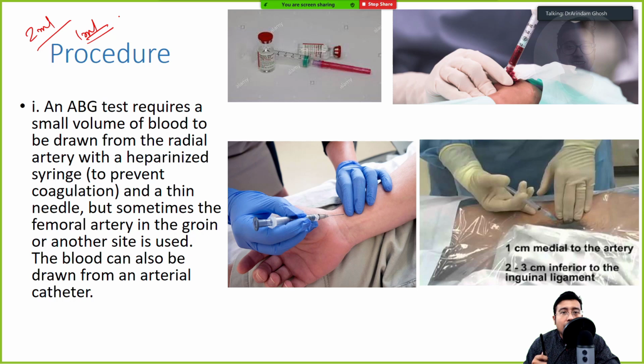One superficial artery that we always prefer is the radial artery, right? Because the radial artery is over here in front of the styloid process of the radius, that's the bony support behind it. So against the styloid process of the radius, you can always palpate the radial artery, right? So you need to first fix your finger on top of the radial artery. Generally it is done with 3 fingers, right? So with 2 fingers we milk the radial artery.